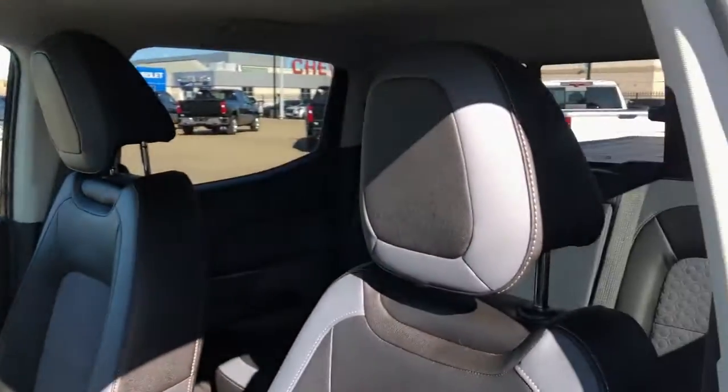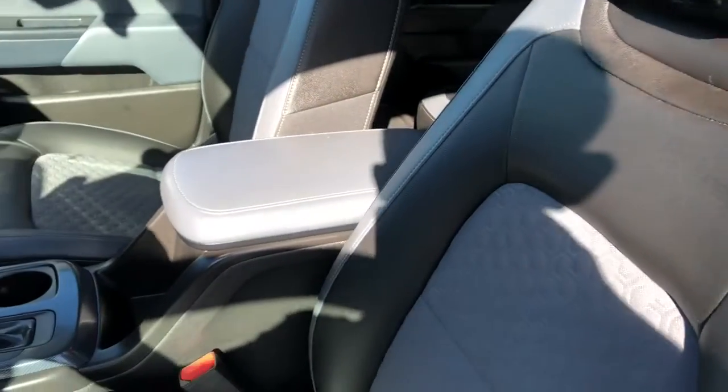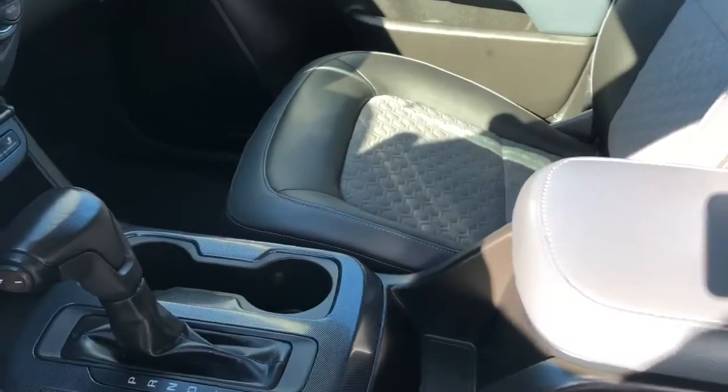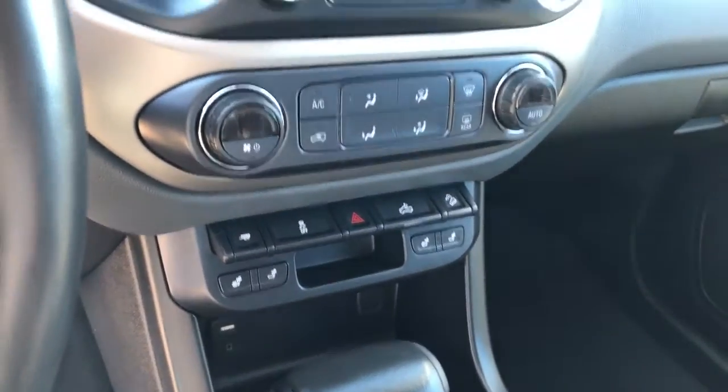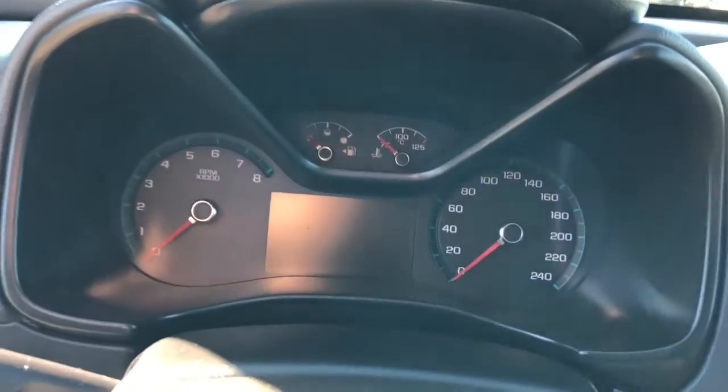Onto the interior, the seats are featured in black and gray leather with fabric in the lower portion. We have a padded leather center console lid, gear selection stock, as well as our cup holders, heated seat options, and an infotainment screen. We have a Bose speaker tweeter up top, and our gauge cluster with screen in the